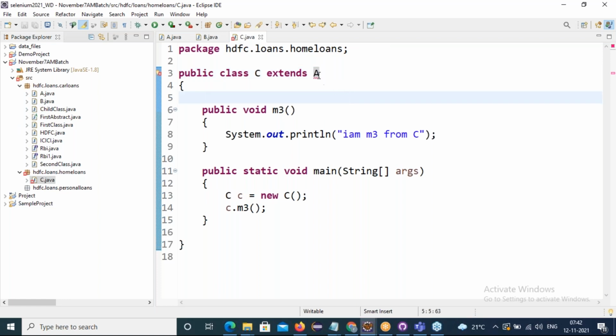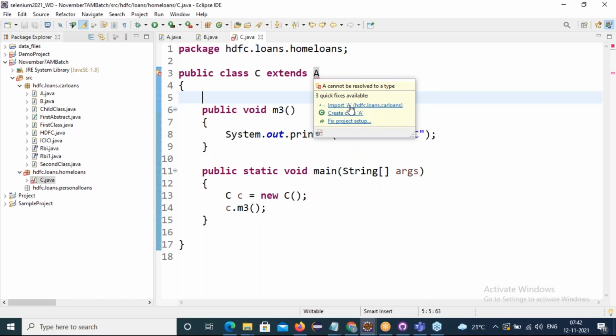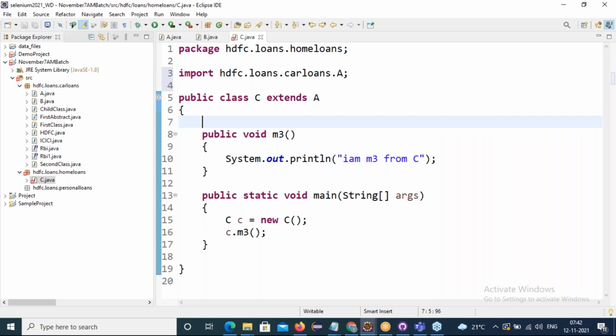Still I am getting an error. Why? Yes, we have to import the package. A, we are extending to class C. Where is A coming from? From a different package. We have to import it. See friends, even if you travel by flight domestically, there is no issue, no need to show any reference.